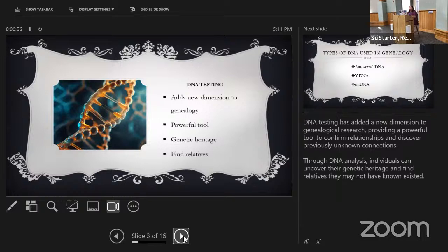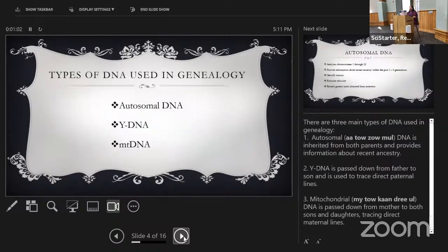So DNA testing has added a new dimension to genealogical research, providing a powerful tool